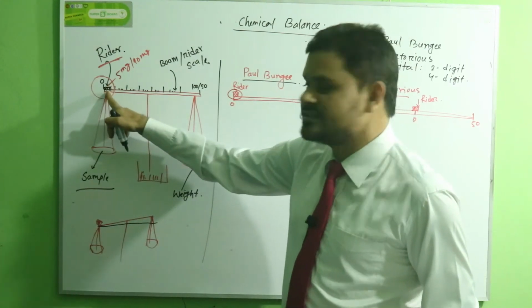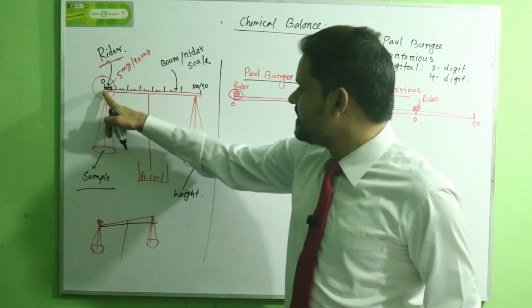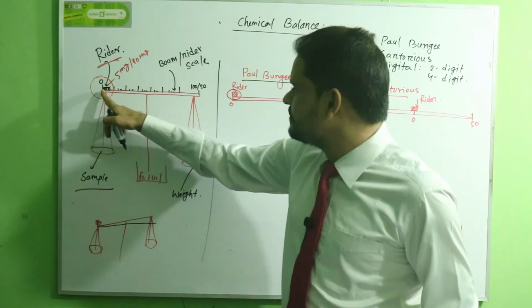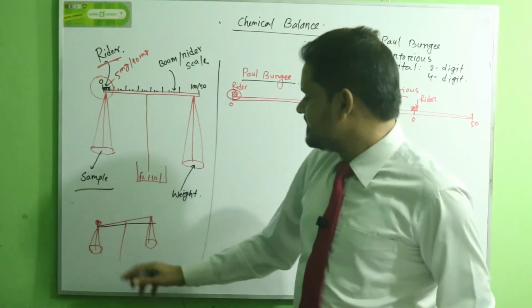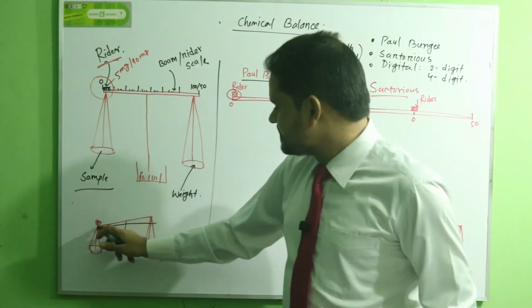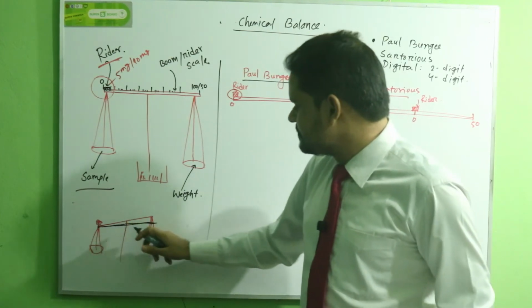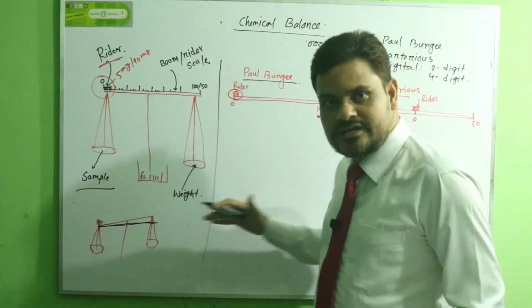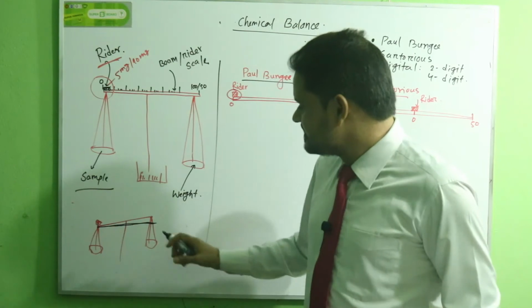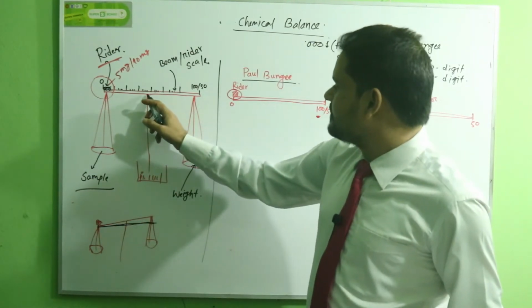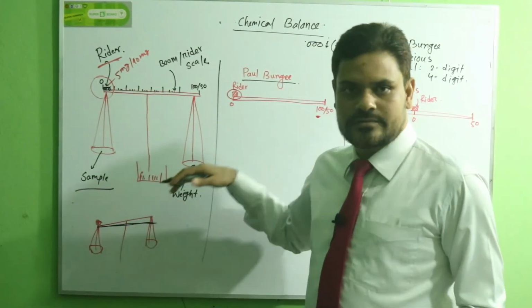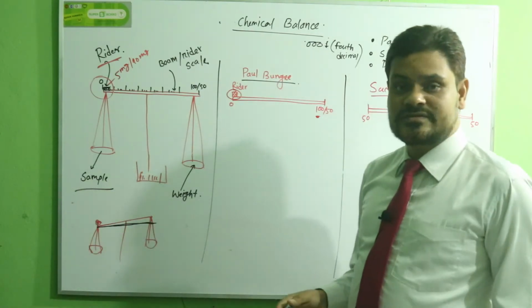And how can we balance this? Then this rider is used here. When we move this rider from left to right, the balance starts to slowly reach its equilibrium state. Then when the balance reaches the equilibrium state, we can get